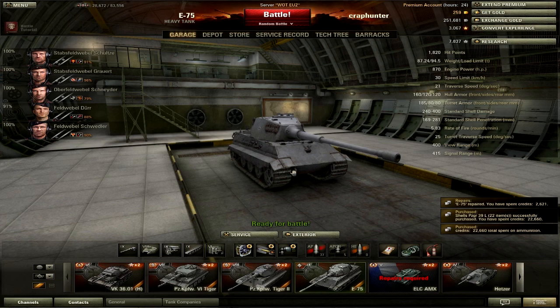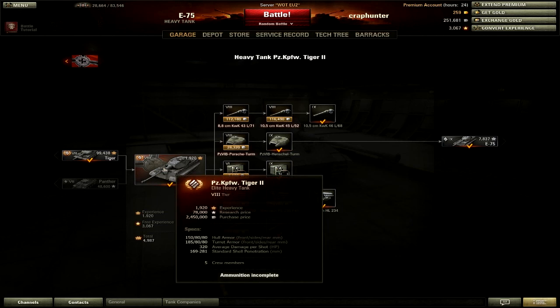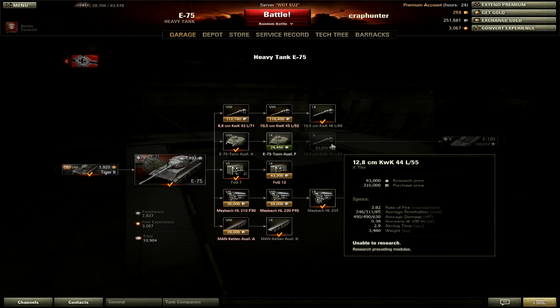So, yeah, I mean, this tank is a bitch. I'll be honest with you at times, you really, really feel how much of a disadvantage you are. To be honest, I'll look at it from this perspective. The Tiger II is a fantastic tank, and when you get that L68, you really start to make a difference in the battlefield. And you can still make a difference with your Tier 9 L68 gun on the E75, but you really, really hate it when